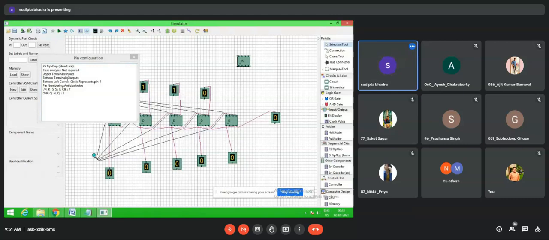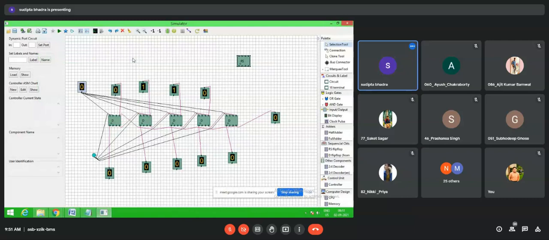So here, as with the previous chip configuration, the bottom terminals are output, upper terminals are input. So here you are going to use this chip directly. Okay, now